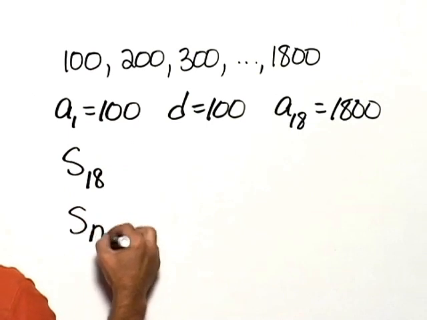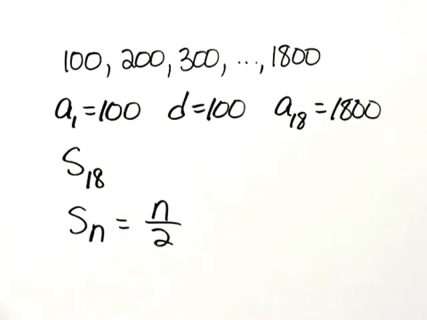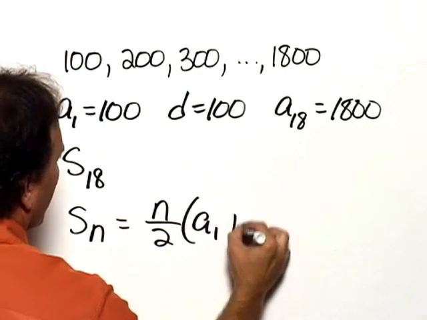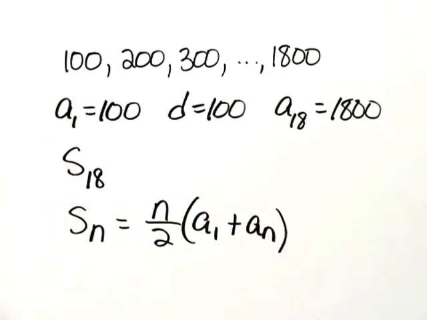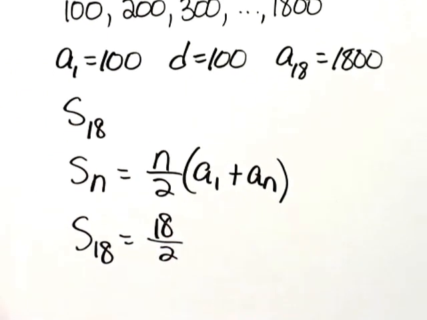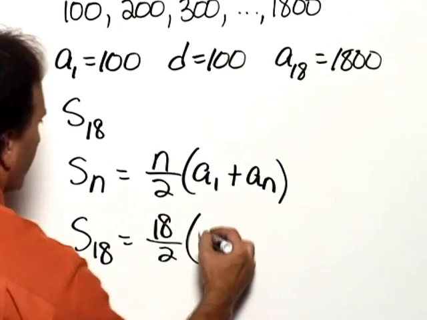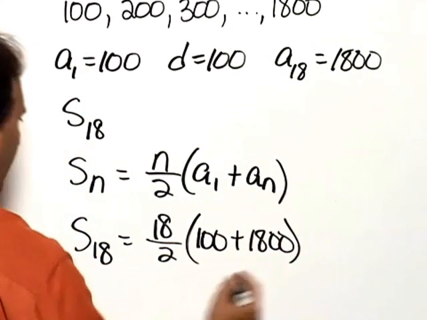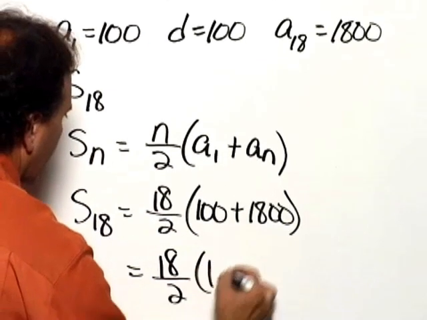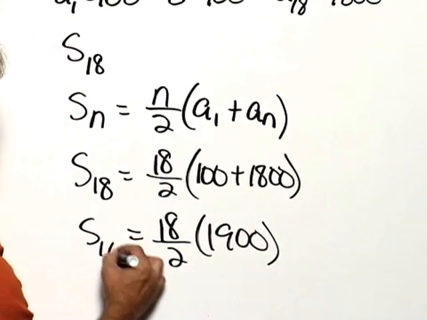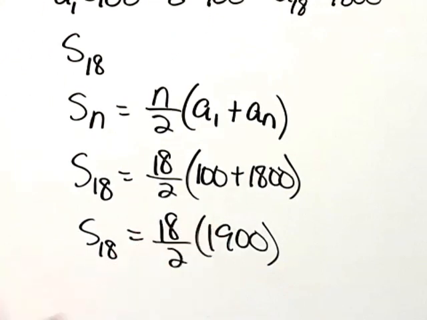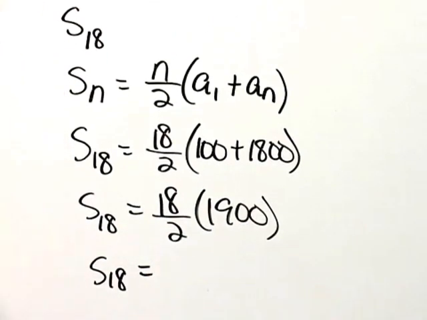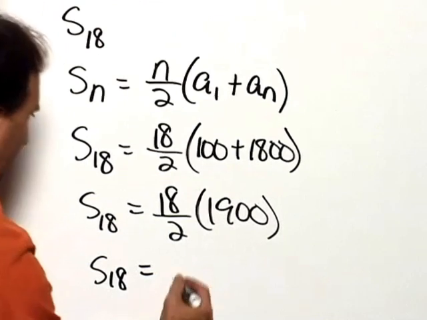Well, the formula S sub n is n over 2 times the sum of the first and last terms. So S sub 18 will be equal to 18 divided by 2 times the sum of 100 plus 1800. 100 plus 1800, of course, is 1900. And when we multiply by 18 divided by 2, which is 9, we multiply 9 times 1900, and we'll find that the sum of the first 18 terms is